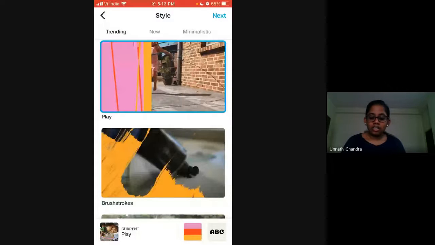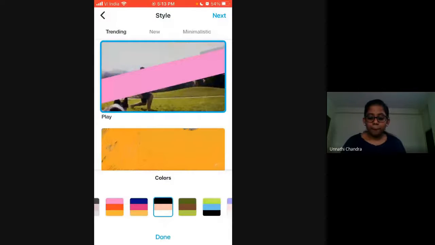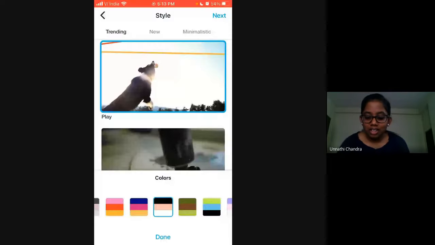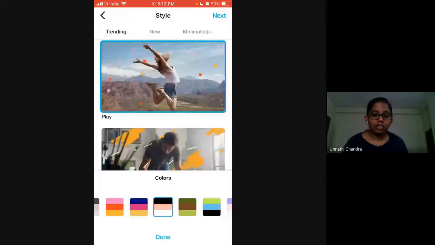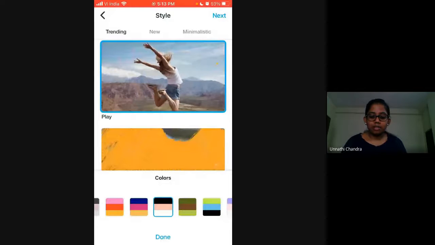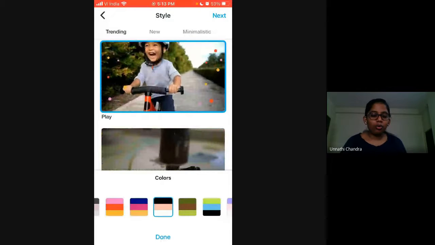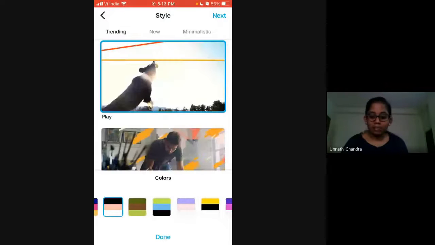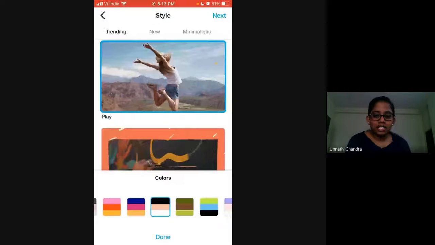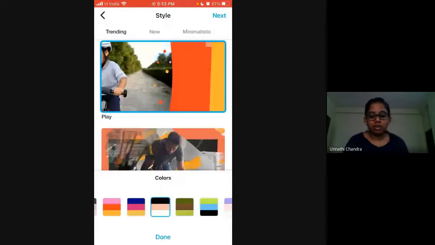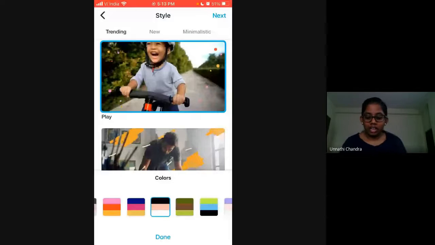If you want the color scheme to be here, again I selected a different color scheme. Yeah, hang on, it's loading. So the different color scheme I selected is black, beige, and white. So that color scheme is applied. It depends on the photos that you're using. If you're using really vibrant photos, depending on that, you can select whichever color scheme you want. As you can see, there are lines and bubbles and all those effects. Yeah, the color for that is changed.